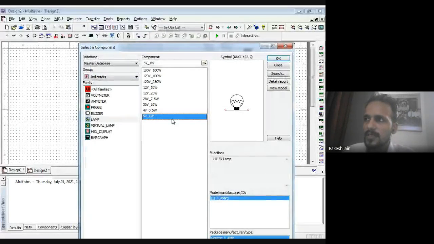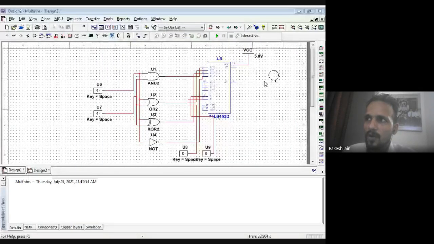It consists of 2 pins. One pin should be connected with the output pin. The output pin is pin number 7, the output pin of that multiplexer, and the second pin should be connected with ground. Here on this Multisim, at the leftmost side, you see this place source. Click on that. This is a ground.